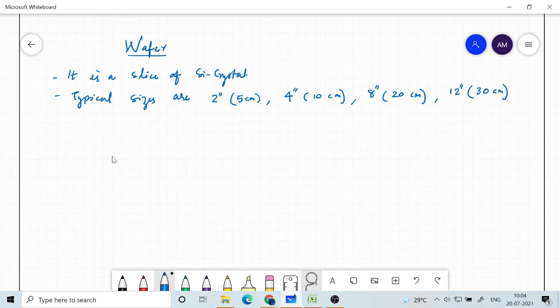Now in order to specify whether it is p-type or n-type, by looking at the wafer quickly, how can we know whether it is an n-type wafer or a p-type wafer? Or secondly, what is the orientation of the surface of the wafer? Which plane of the silicon crystal is actually aligning with the plane of the wafer? To understand these quickly, we use some cuts on the edge of the wafer. Otherwise these wafers are all circular in shape.